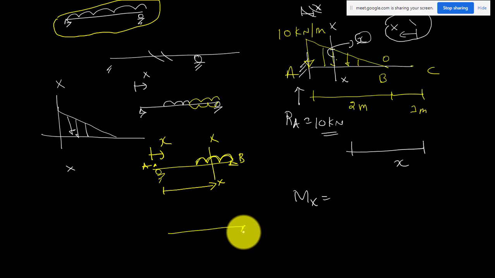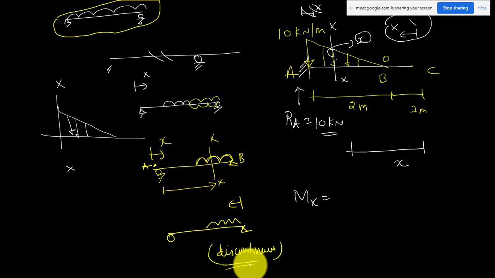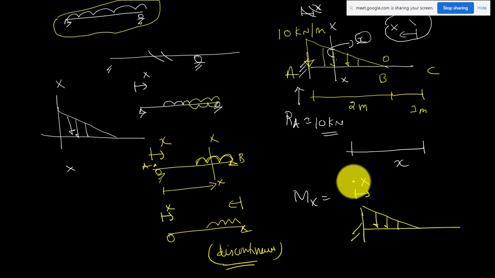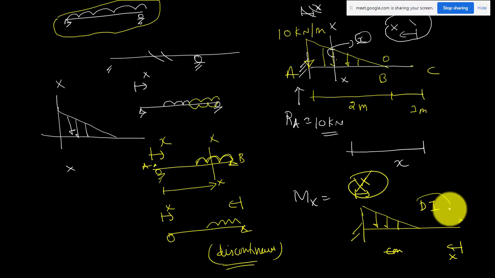So if you have the same problem, and here the loading is like this, and somebody is writing the equation from this end, then it is a discontinuous loading, as far as your solution is concerned. But if somebody writes the equation from this end, it is a continuous loading. That is why, for this problem, to make it continuous, it will be difficult if you write the equation from this end. So you simply write the equation from this end. You start from here, you reach here, now the load has started and is there till the end of your beam. So you can take it as continuous and directly apply the double integration method for this question.